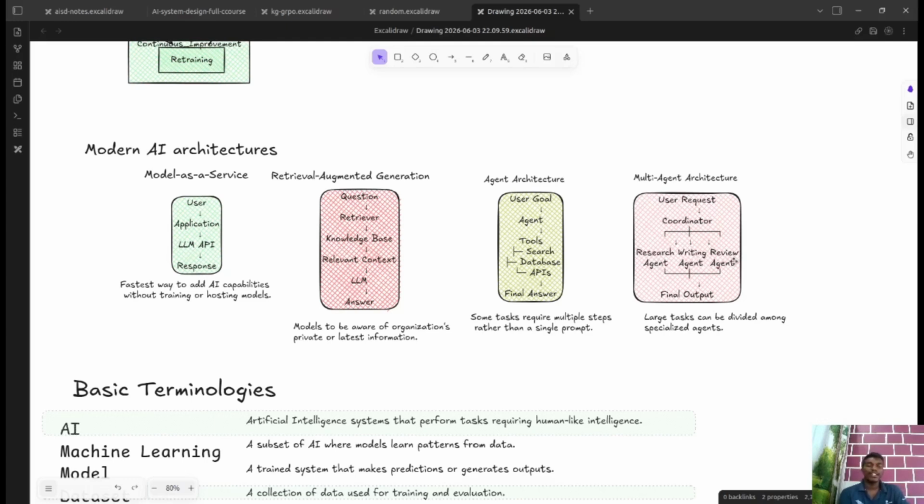We are going to have three different kinds of agents, and on top of that we are going to have one more agent whose main task is just to delegate the task to these agents. The main agent, the coordinator one, will orchestrate the task among the existing three agents which it has. So these are called sub agents, and one is called the main agent. So basically large tasks can be divided into specific agents to perform some specialized tasks. So this is the multi-agent architecture.